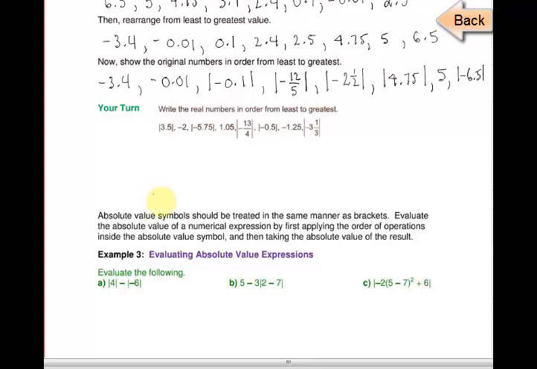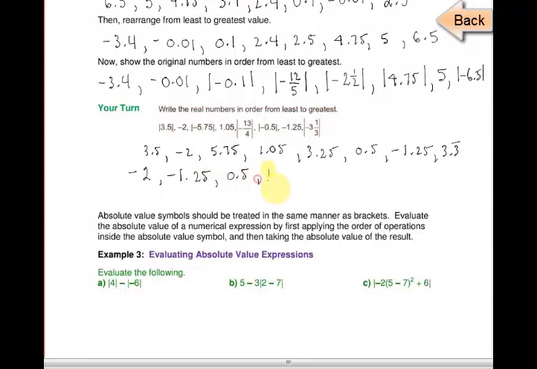Okay, so the answer for this, well, I guess I'll go through the solution with you. You should have 3.5, negative 2, 5.75, 1.05, 3.25, 0.5, negative 1.25, and 3.3 repeating. Okay, so order it from least to greatest, so negative 2, negative 1.25,